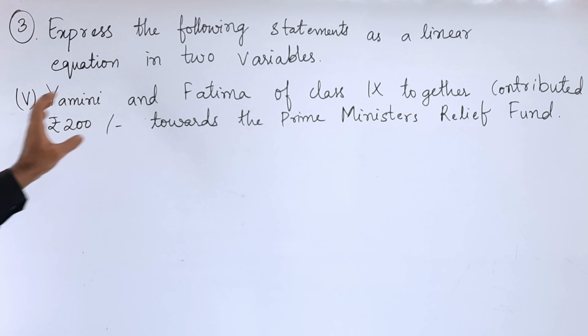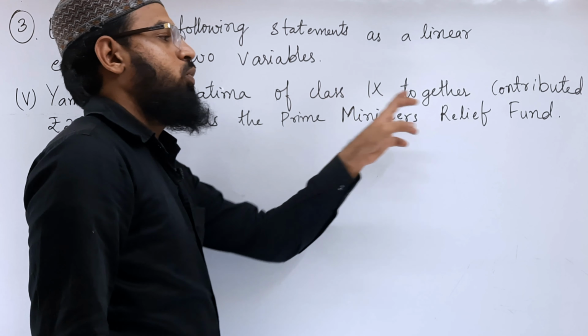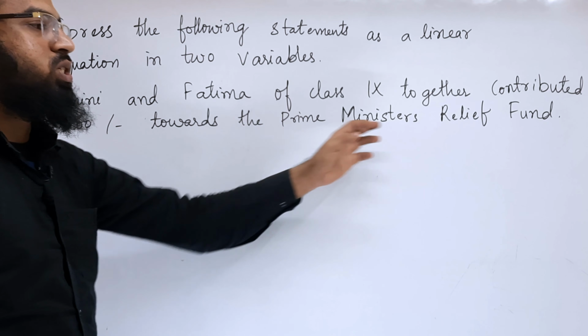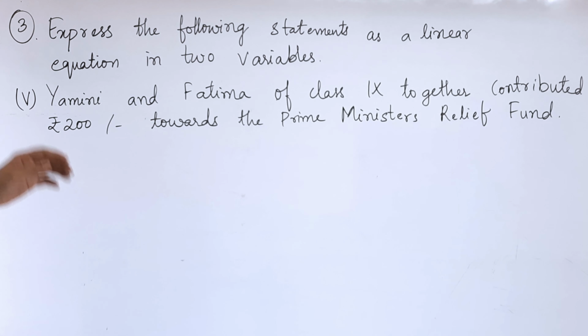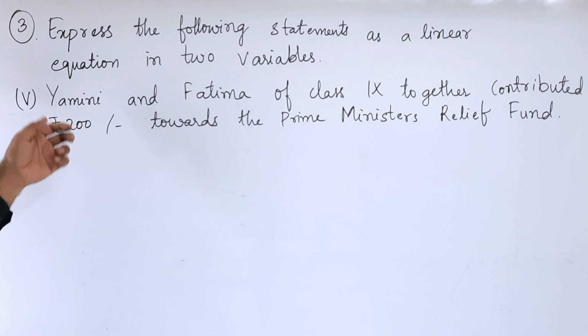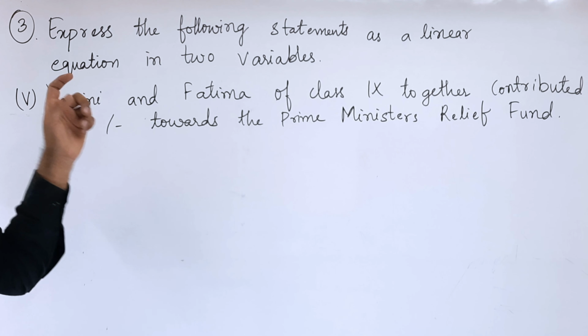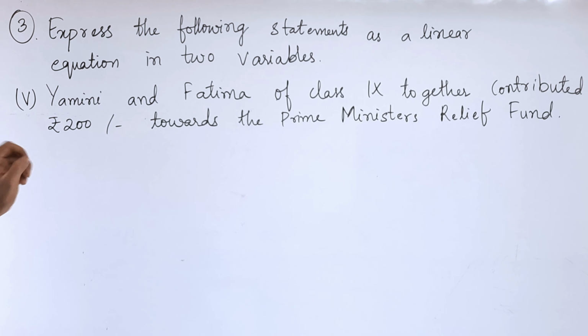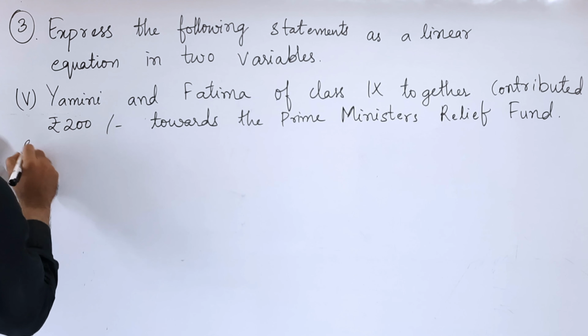Fifth bit, Yamini and Fatima of class 9 together contributed rupees 200 towards the Prime Minister's Relief Fund. So both the girls, they have contributed the amount 200 together towards the Prime Minister Relief Fund, that is PMRF. So let us take in solution,